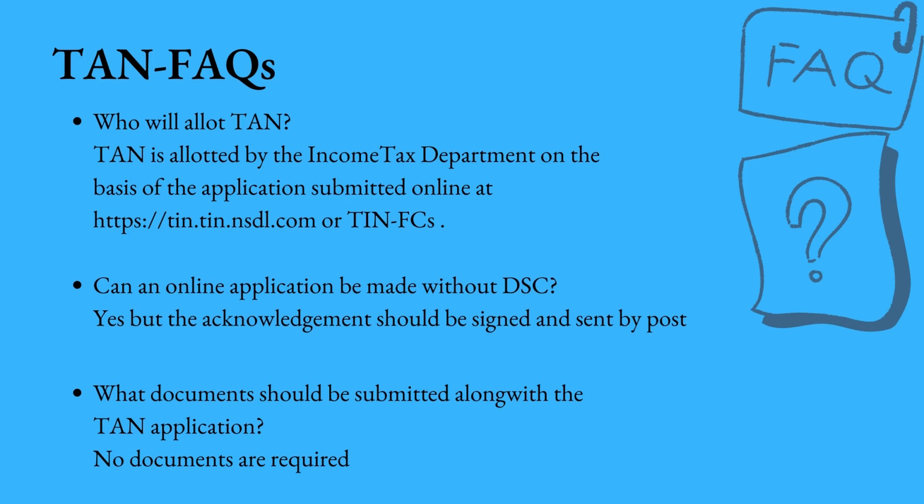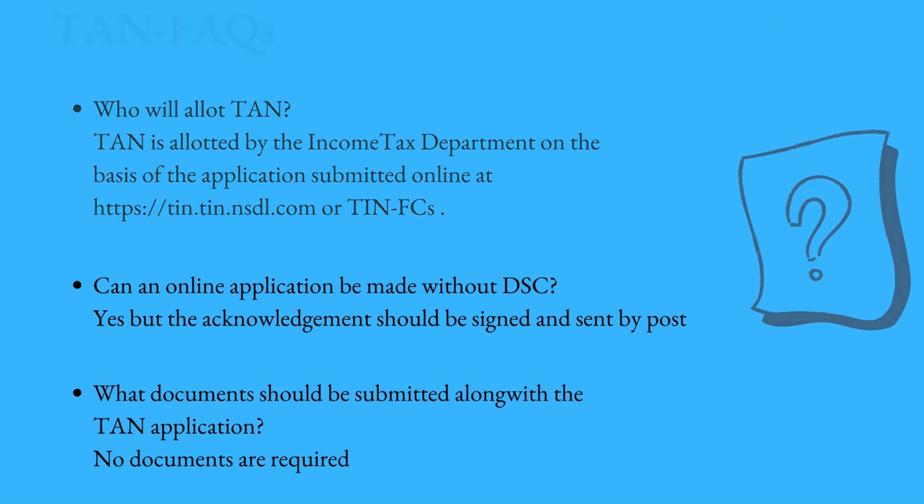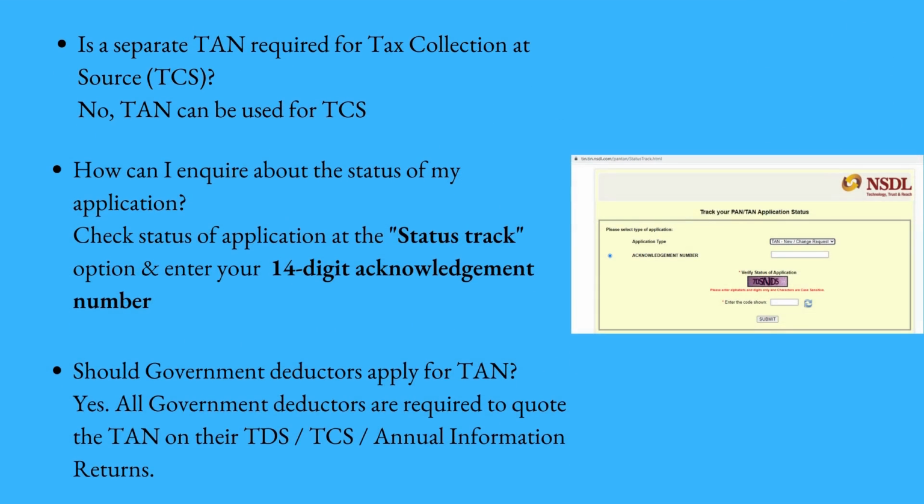Detailed guidelines for submission of application are available on the NSDL e-Government TIN website, that is www.tin-nsdl.com. Is a separate TAN required to be obtained for the purpose of tax collection at source, that is TCS, and tax deduction at source, that is TDS? No. TAN allotted for tax deduction at source can be used for the purpose of TCS, that is tax collection